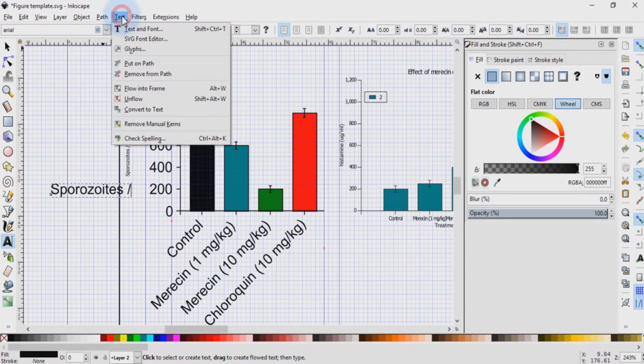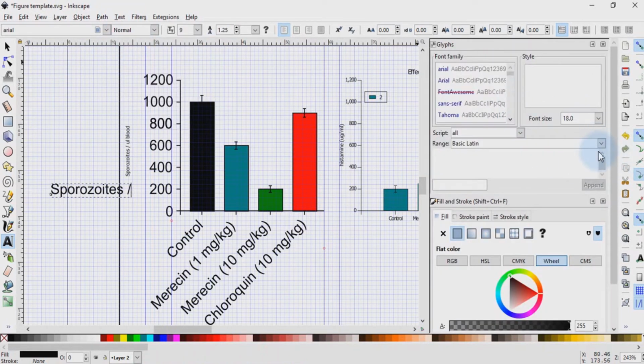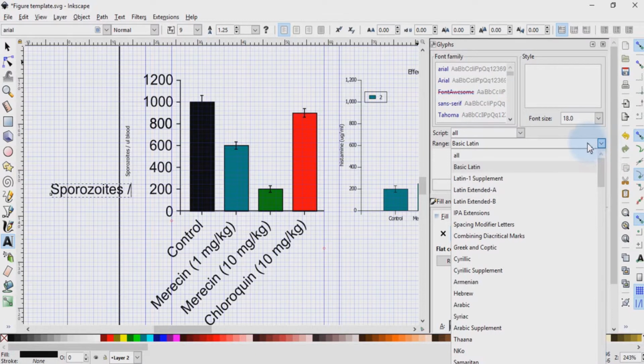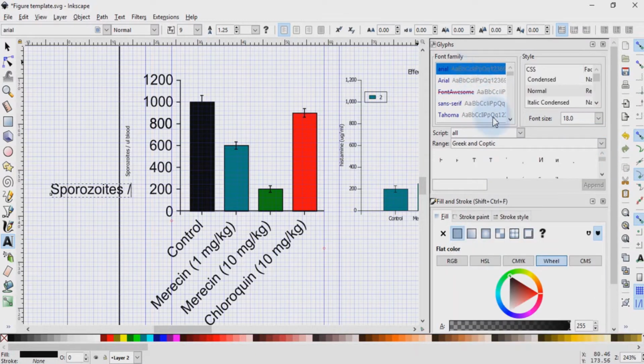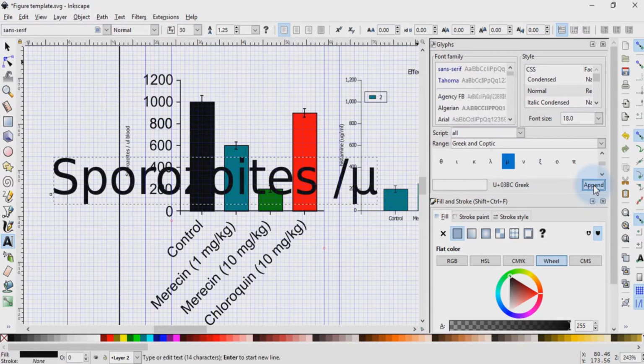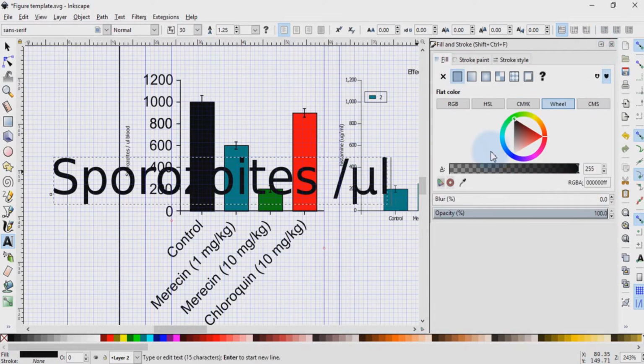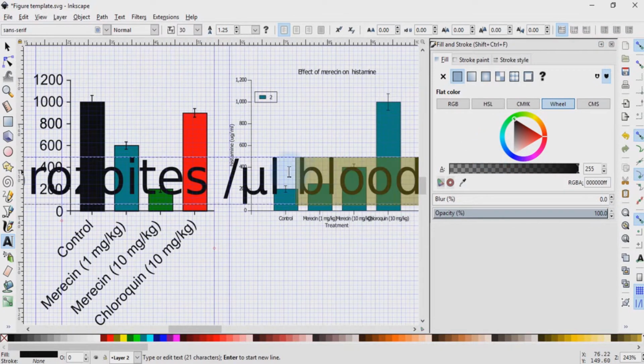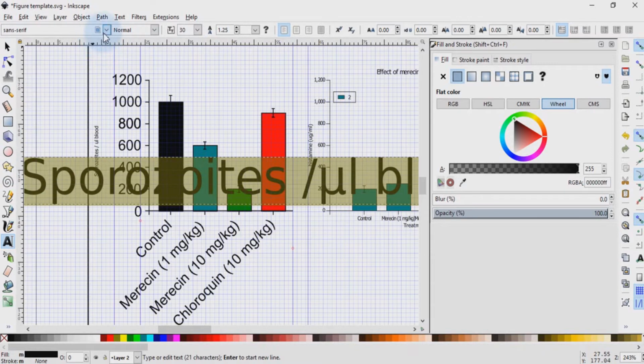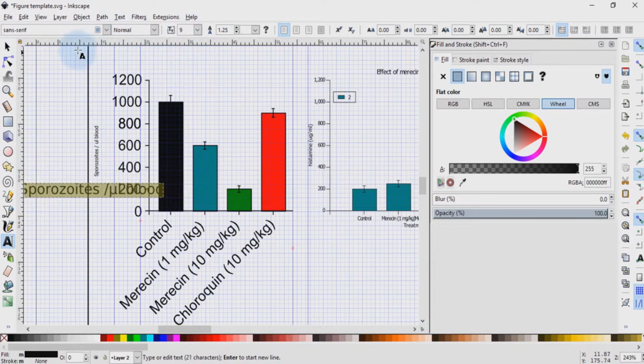So to do that, we'll go to Text, Glyphs, and down here we want to select Greek or Coptic, and the font family will be Arial. And then here we have the possibility to search for our Greek letter. So here is mu. I select it and then go append, and we have it occurring here. In this case, it's changed the size of the font, but it's no problem. We can adjust this later on. I close this, then write L for liters, and then blood. Then we can select all of this, and then go down here, select a font size of 9,